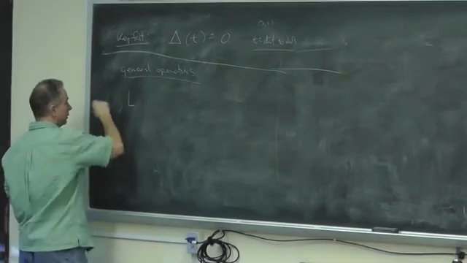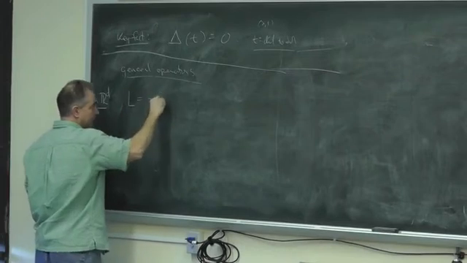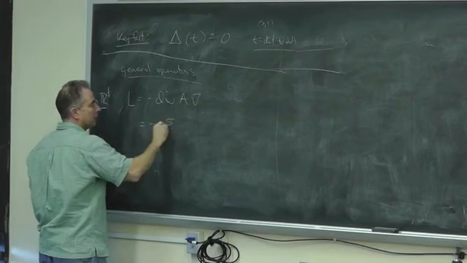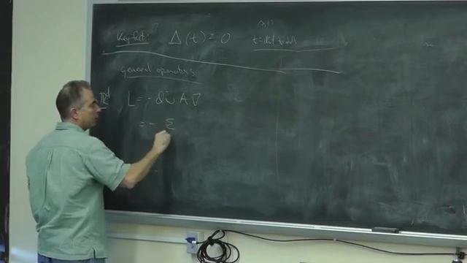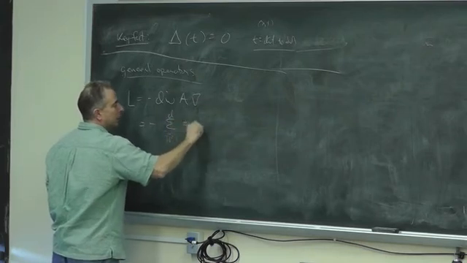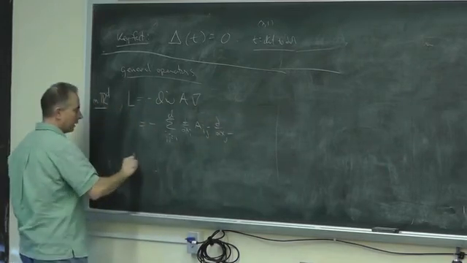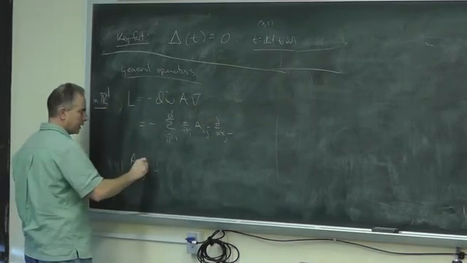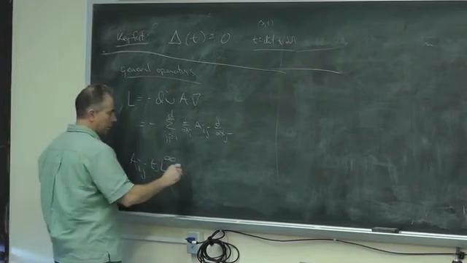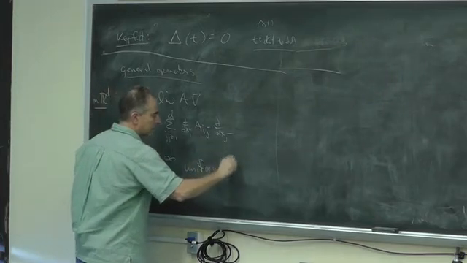And we're considering in R^d, L is going to be minus div A grad, which means minus the sum over i and j from 1 to d of d by dx_i, a_ij, d by dx_j, where this matrix a_ij is going to be bounded and measurable, and uniformly elliptic,